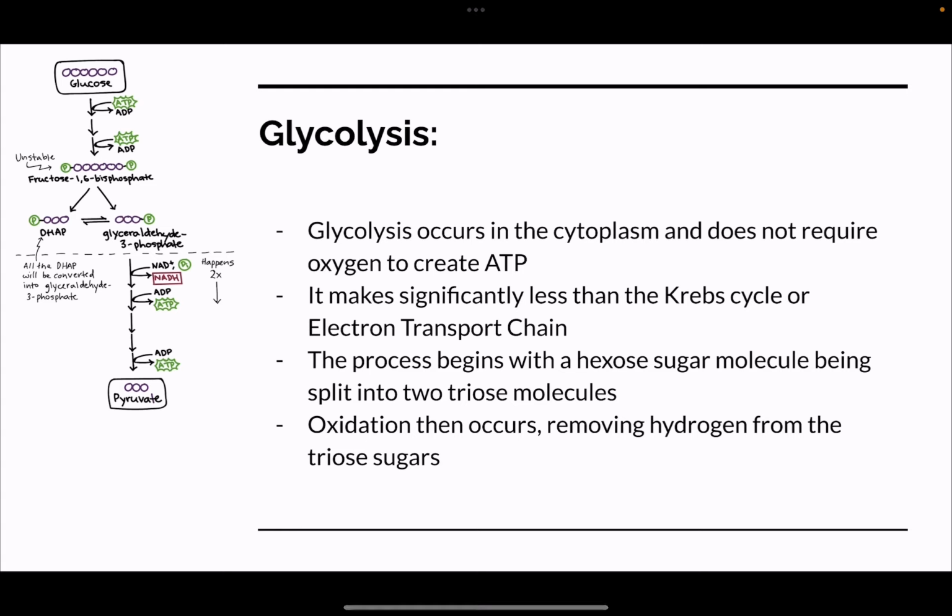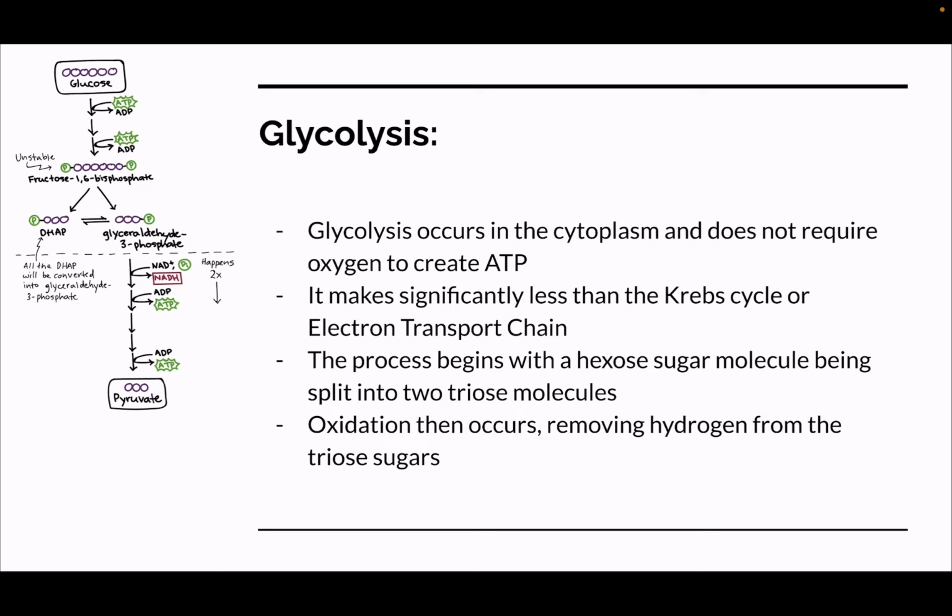Now, with all that out of the way, we can get into the actual process. So cellular respiration begins with glycolysis. Glyco meaning sugar, lysis meaning breaking apart. So glycolysis occurs in the cytoplasm, and it does not require oxygen in order to create ATP. Hence, this is the part that's anaerobic respiration. It makes significantly less ATP than the Krebs cycle or the electron transport chain, but its advantage is the fact that it does not require